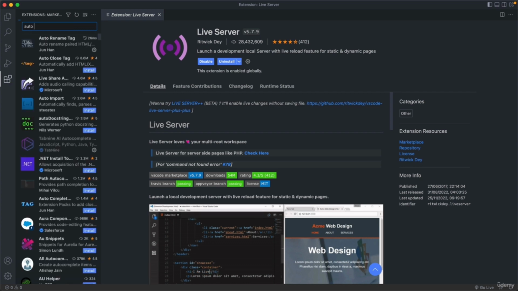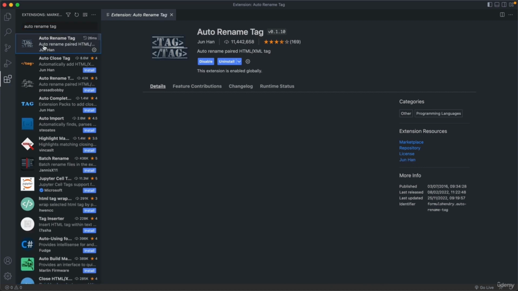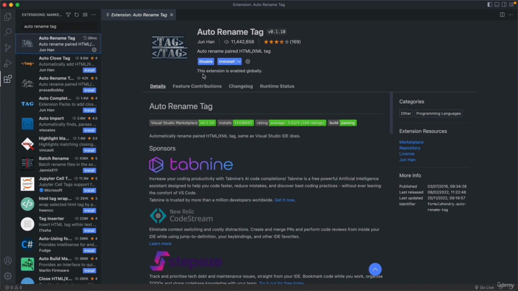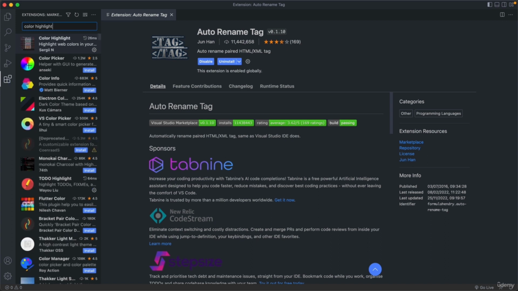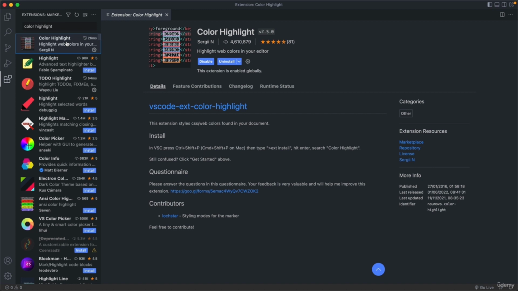The first one is auto rename tag. So that should be this one here. So install that as well. And then also color highlight, which makes it a little bit easier to work with colors once we start writing HTML and CSS. So again, click here to install, then maybe reload your VS Code window, and yeah, then you're good to go